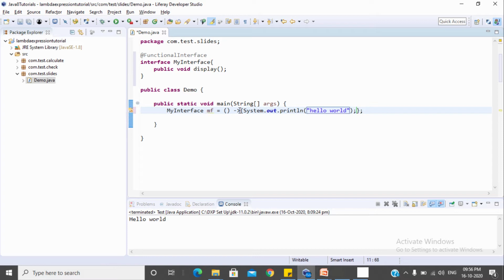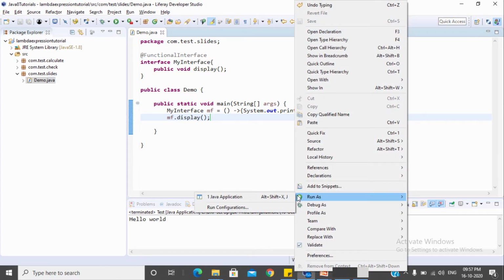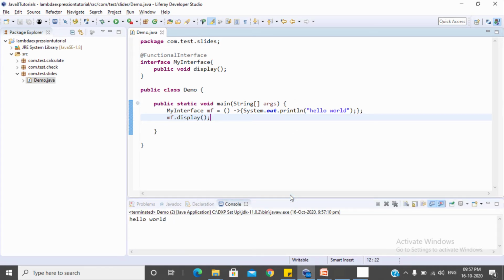And this. So let's try to run this, and let me call mf.display. So now hello world is printed successfully.